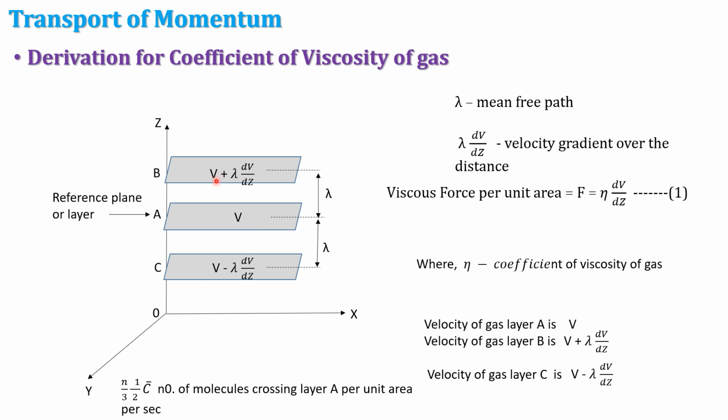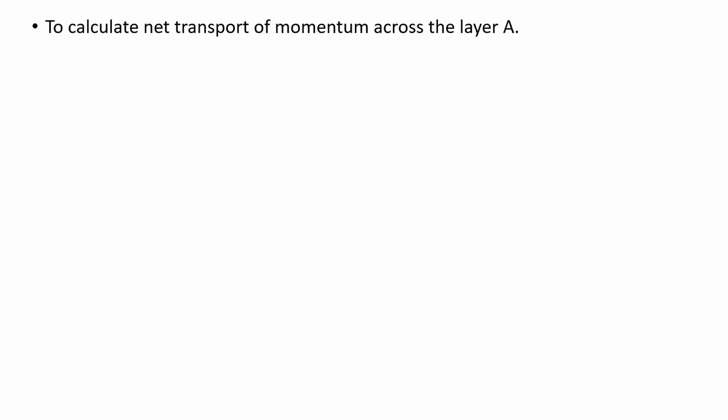Once we calculate the momentum, we must know the velocity of the molecules in the layer B and the velocity of the molecules in the layer C. Hence, to calculate the net transport of momentum across the layer A,